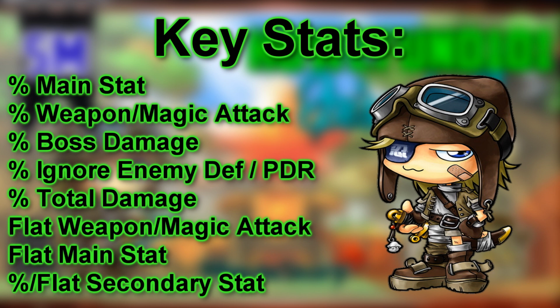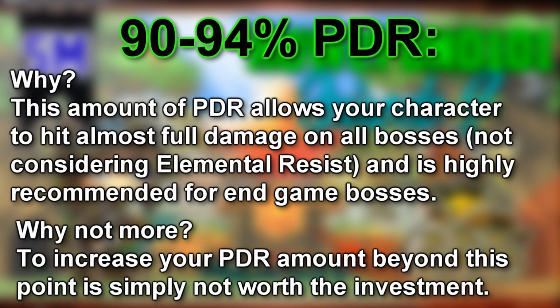You ever hear pros say you only need 250% boss or something similar? Well, they're not just pulling those numbers out of their asses. Certain stats become much less effective and efficient to increase once you have a certain amount of said stat, thus wasting lines of potential that could be used for more useful lines for your character's current condition, essentially optimizing your character's damage output. With that being said, the numbers most pros go by are 90 to 94% PDR, with 94%